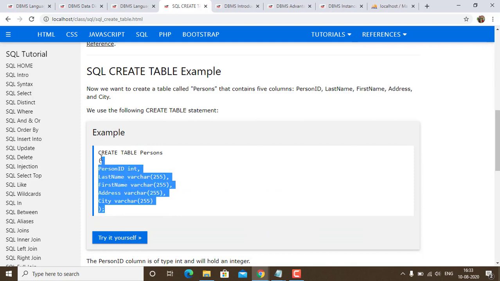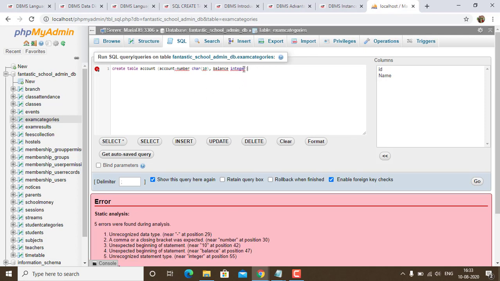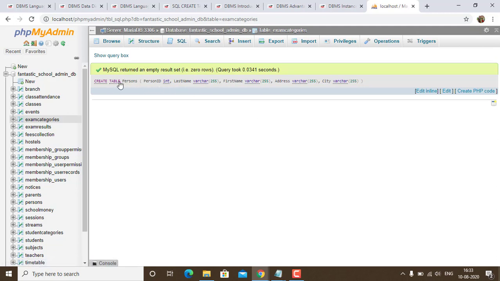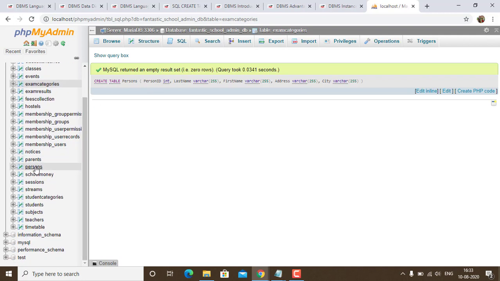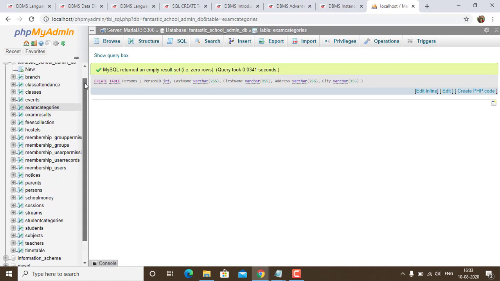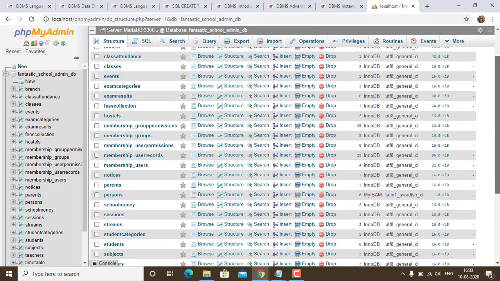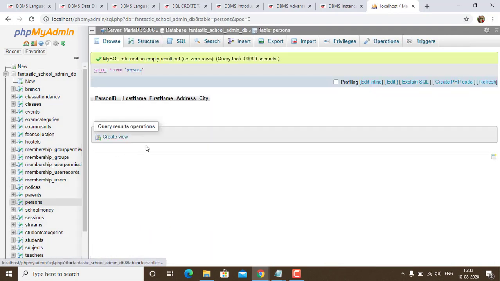Now see, I'm just copying. This is the correct form and the format of the table. Now you can see I'm just copying the entire thing. Now processing. These are the SQL queries. Now you can see that this query created a table persons which has columns. Now let us see where it was created. This is the database and we created a table persons and it should be empty now. Yes, it is. You can see person ID, last name, first name, address and city.